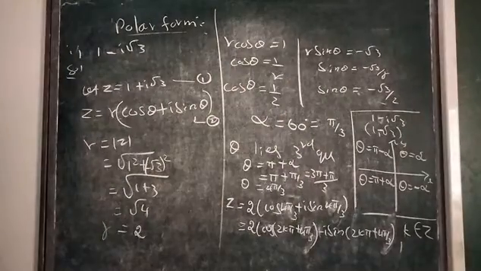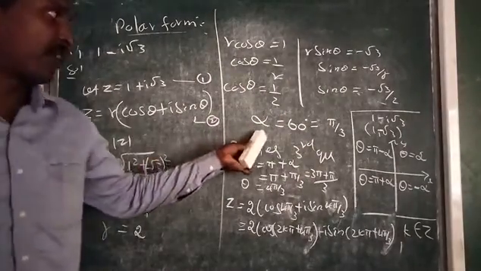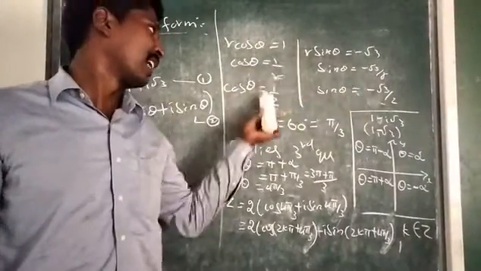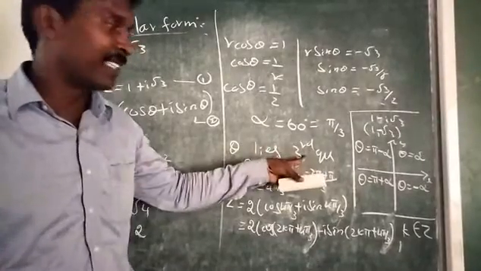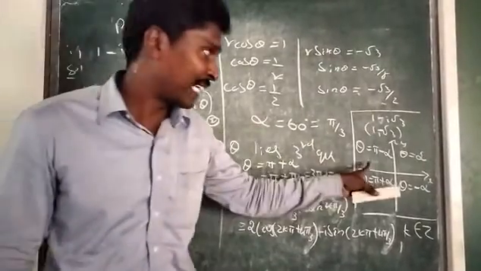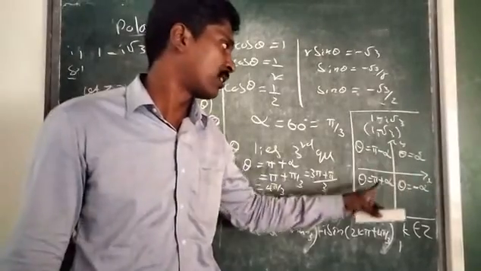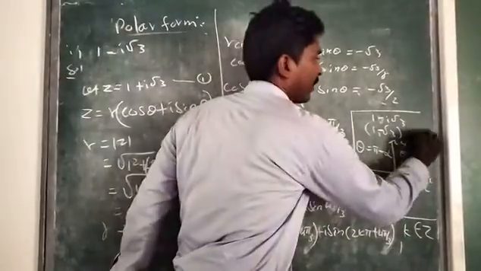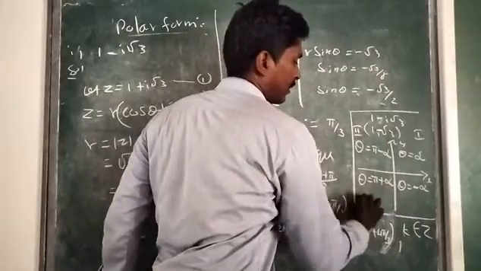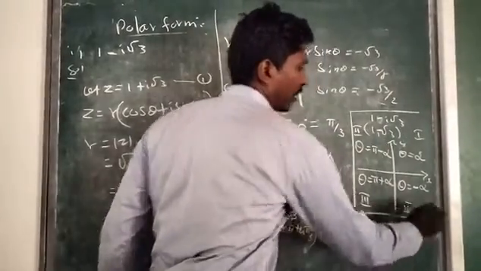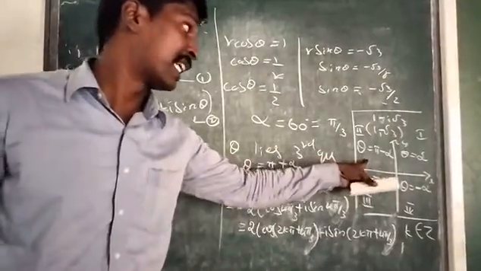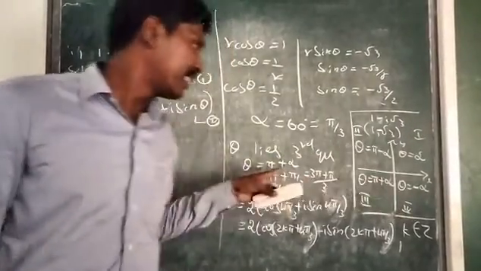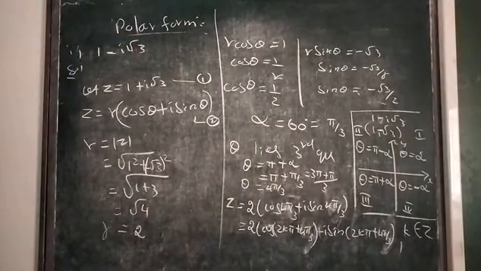So it is very simple. The only thing, after finding alpha, is that here both are negative and there one negative, one positive will come. That plays a role in identifying where theta lies. After finding alpha, select whether theta lies in the first quadrant, second quadrant, third quadrant or fourth quadrant. Then after confirming which quadrant theta lies in, take the condition and substitute the alpha value. This is the way of finding the polar form of any complex number.